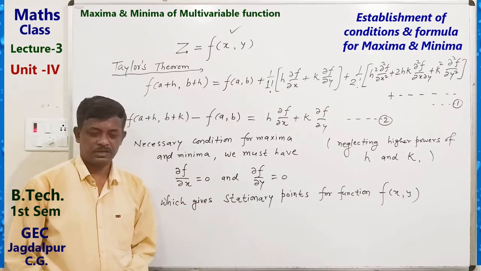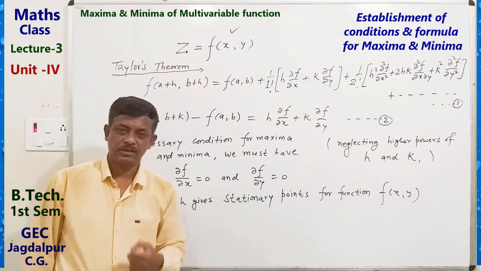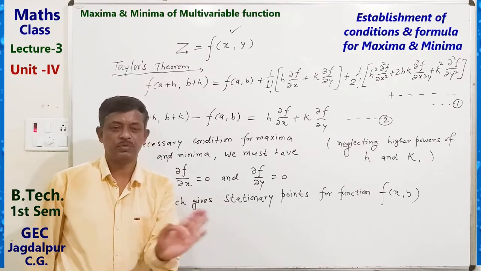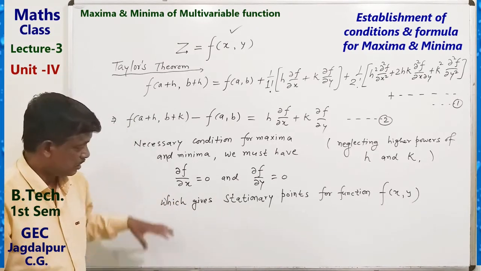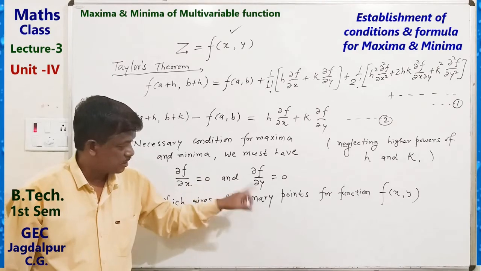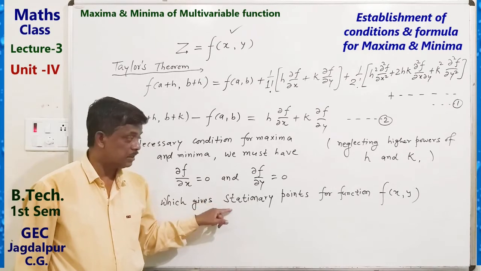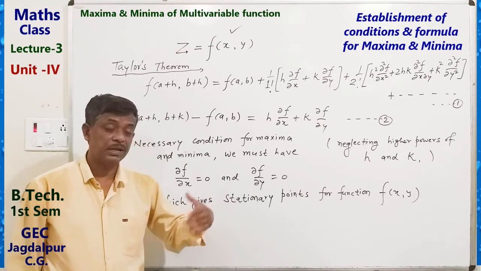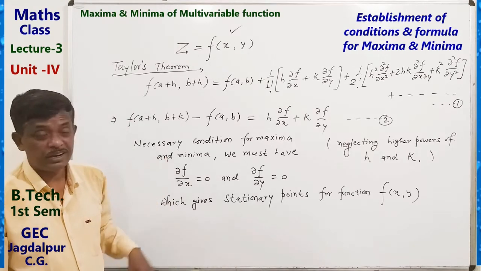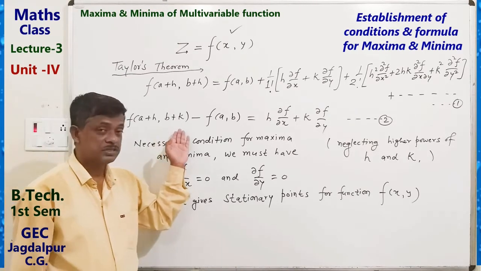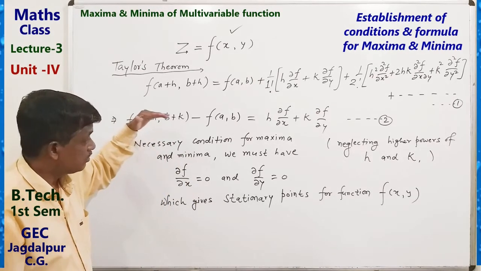These two equations can be solved and we can find some values of x and y as a pair, that is points, maybe 1, 2, 3, 4 points. They are called stationary points. At the stationary points we can get maximum value or minimum value. For that we require its sign, whether its sign is positive or negative. Okay, so for determining the sign